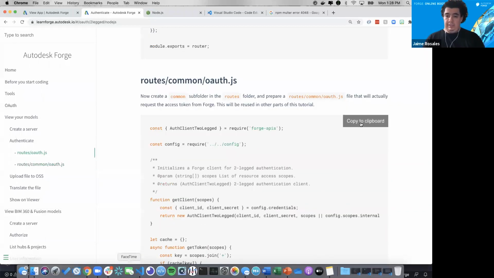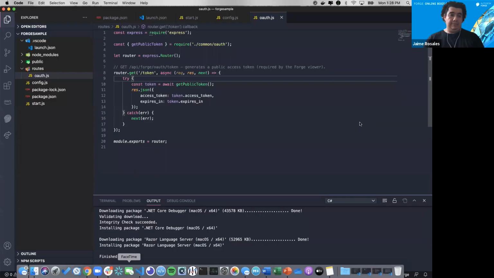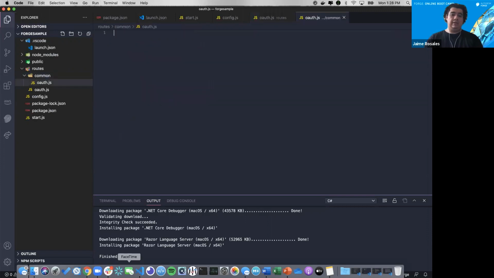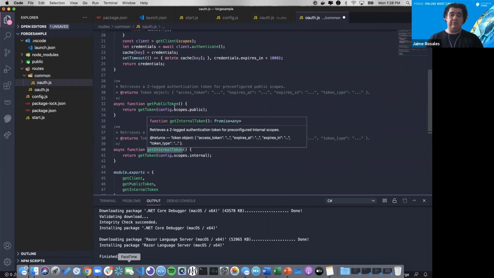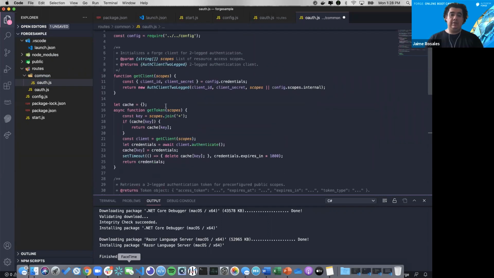So let's copy this, and we're going to get back here. We're going to select routes because now we need a subfolder. We're going to call it common. Now we're going to select common, and we're going to create a new file. It's going to be called auth.js. And in here is where we're going to create those functions for the get internal token, the public token,